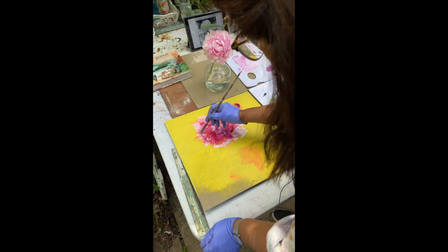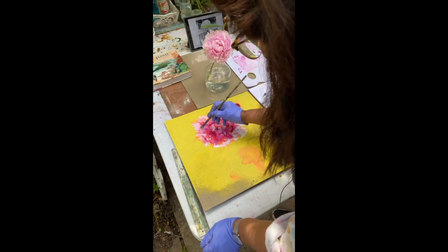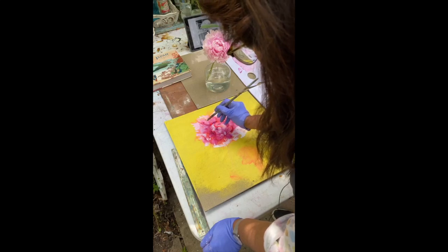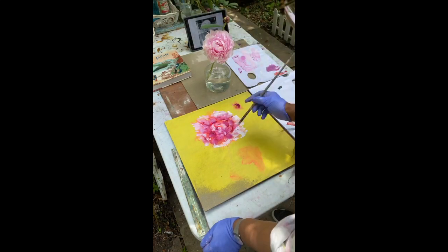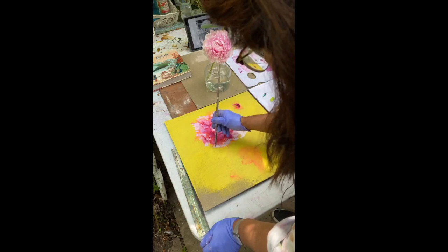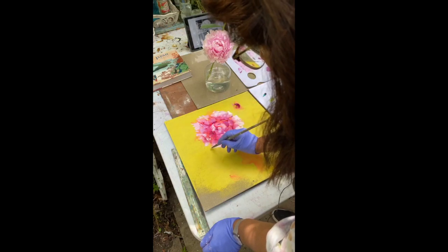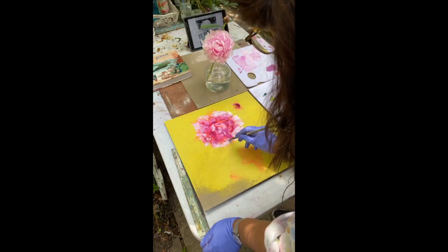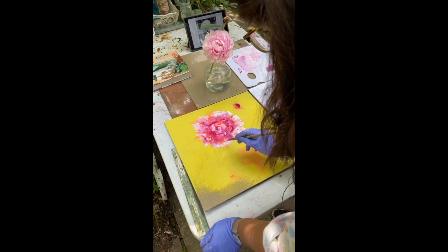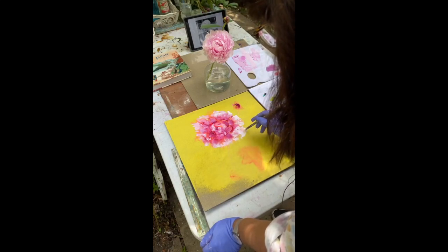Where I see these lights curling round and these petals curling round, I can just add a few of these little lighter tips. Just how these frayed edges, I love these frayed edges. That's all part of the character of the flower. So you can just come out with the brush from the dark to the light with the frayed edge,